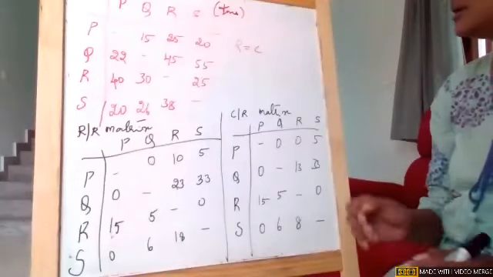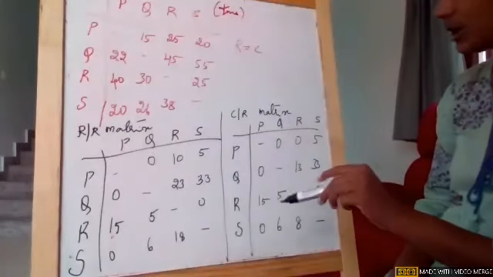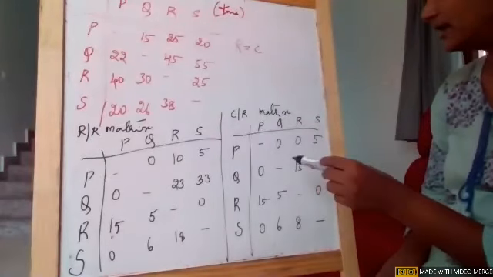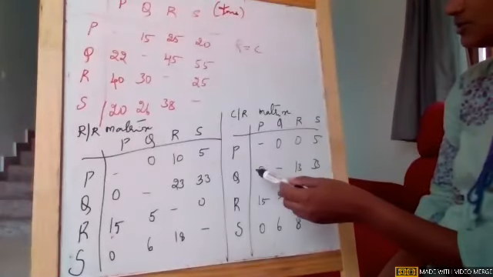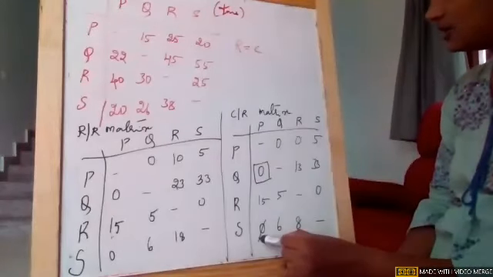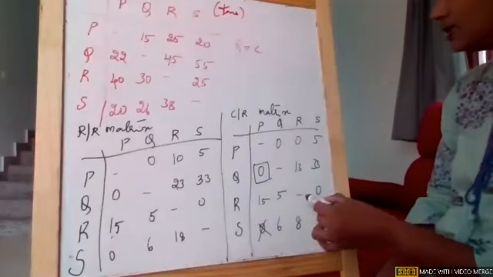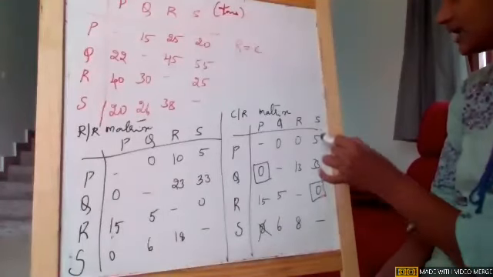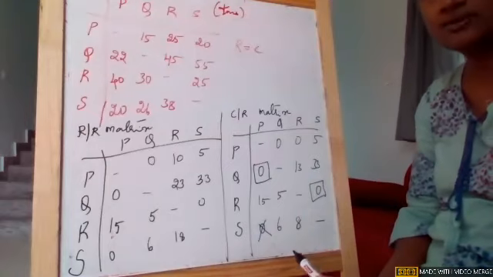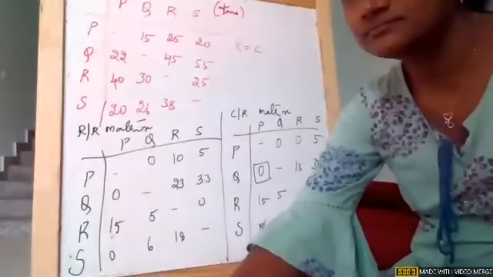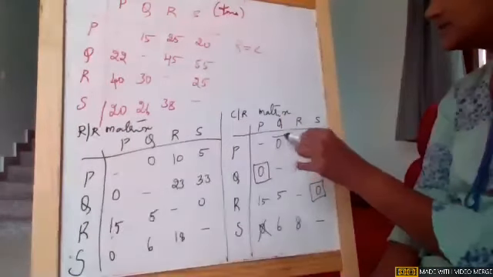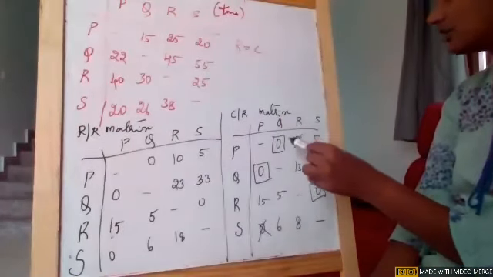Yeah. So now if you see, this is how we got the row reduced matrix and column reduced matrix. We'll start assigning. Okay. So first row, multiple zeros, no. Second row, single zero, make an assignment, and the corresponding column zeros, cross them off. Third row, single zero, make an assignment, and the corresponding column zeros, cross them off. Fourth row, we don't have any zero. Okay. Now come to first column, we have an assignment. Second column, single zero, and corresponding row zeros, cross them off.